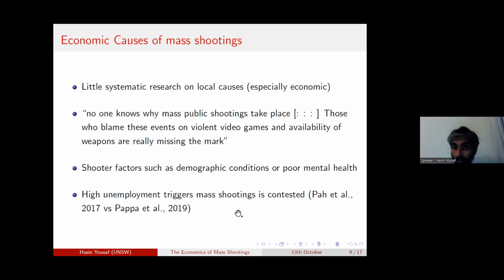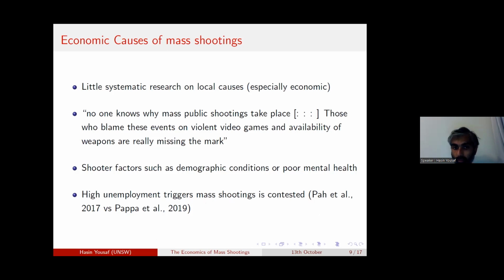Similarly, among two papers that exist in economics, by Pa and co-authors and Papa and co-authors, there is a disagreement whether high unemployment triggers mass shooting or not. So a paper by Pa says that local shocks to unemployment lead to higher mass shootings in the subsequent years. However, this is contested by Papa, who says that there is